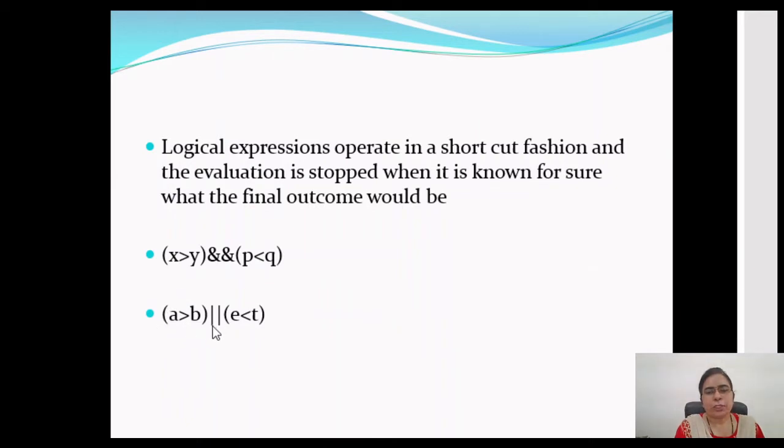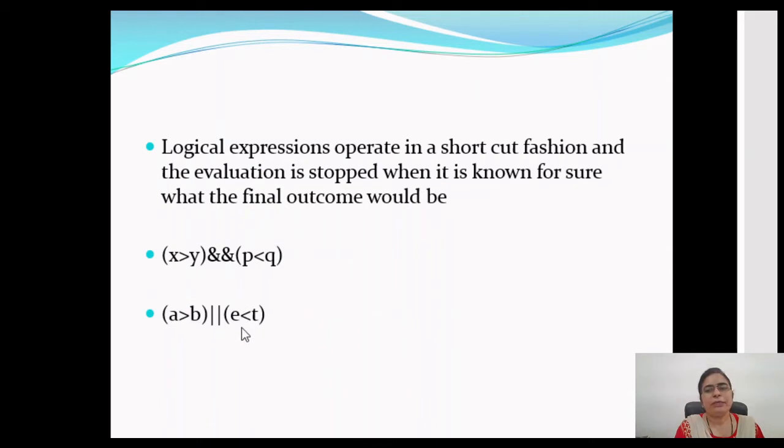Similarly, let's see the second example. Here we have used the logical OR operator. In this case, if A is greater than B yields a 1 value, then we know that even if one value is 1 for the logical OR operator, the output will be a 1 value, the true value.